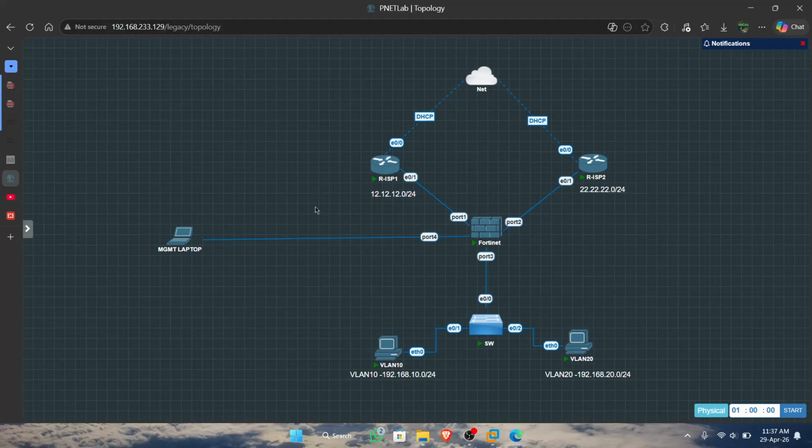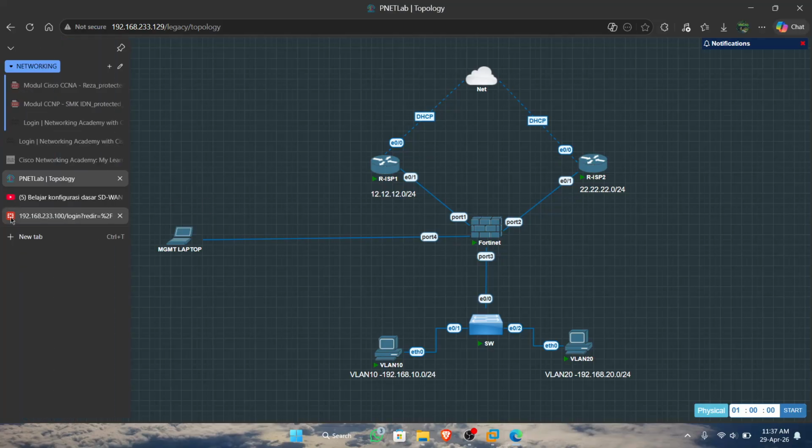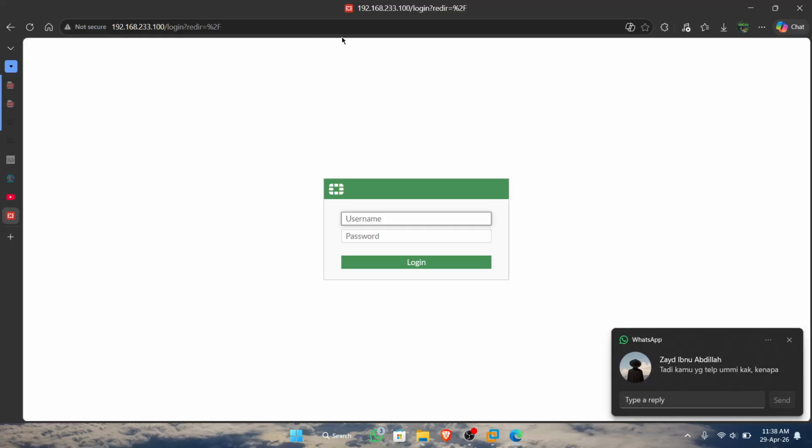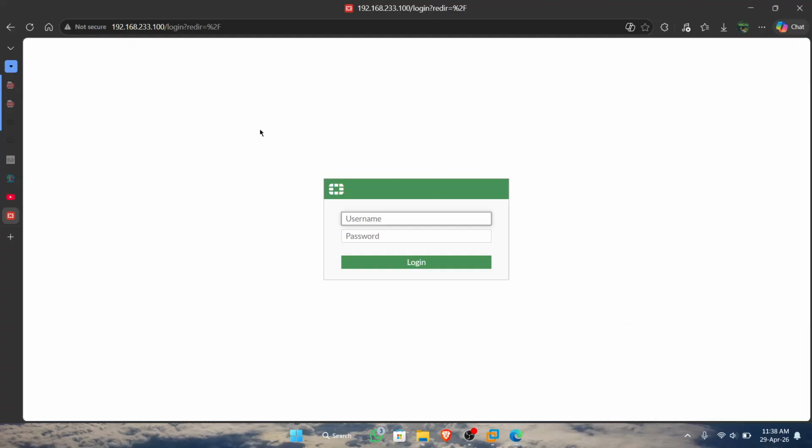In the network management, this is the IP we use to connect to the FortiGate GUI.